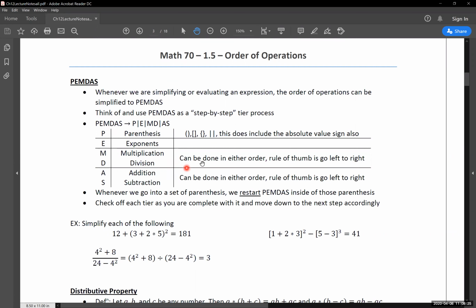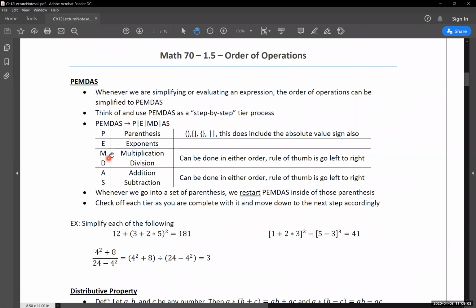A lot of people have the question of, well, if I have both multiplication and division in a problem, which one do I work with first? And really, you can do them in either order. It's your call. If you want to be a bit more mechanical with it, a little less guessing, then default to the rule of thumb of going left to right. As you're reading the equation left to right, which comes first? Multiplication? Okay, do multiplication first. Does division come first? Okay, then do division first. So it's a rule of thumb if you're looking for a more solid, less hand-wavy way of going through that.